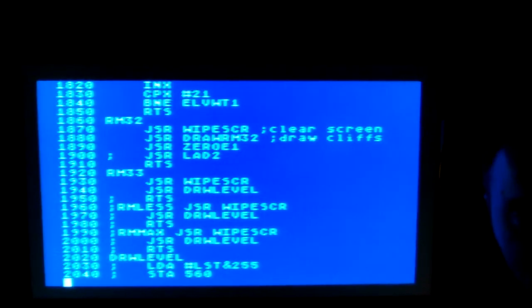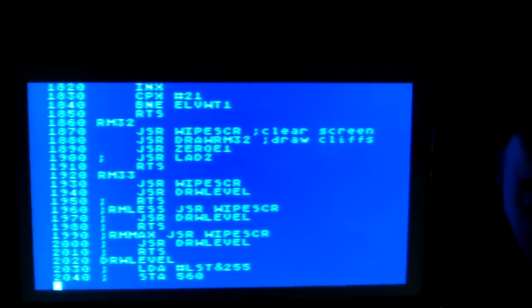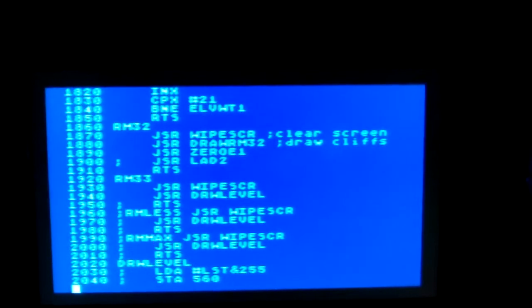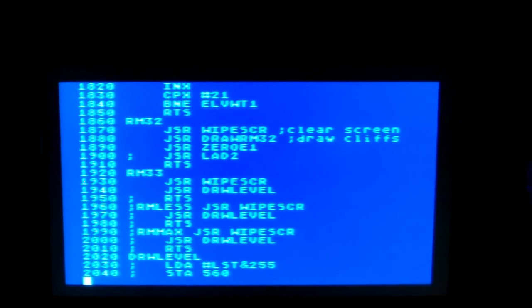I'll straighten that out a little bit. Let's see. I have to turn the TV this way. I don't know, my camera just, I mean, it always looks like at an angle. Okay, so looking here,